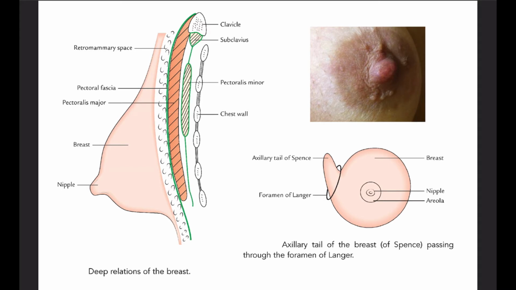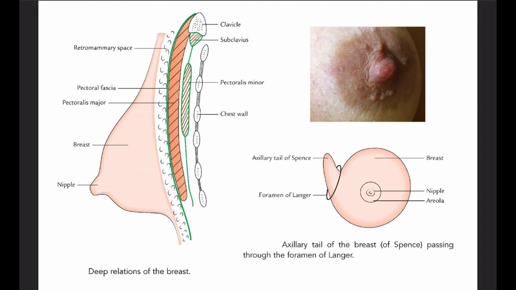So next, the areola. The areola is the circular area of pigmented skin surrounding the base of the nipple. It contains a large number of modified sebaceous glands, particularly at the outer margin. The areola produces an oily secretion which lubricates the nipple and the areola and thus prevents them from drying and